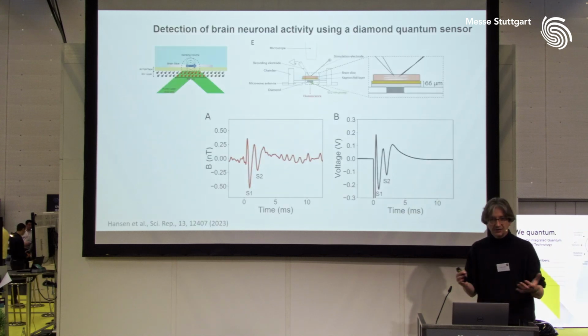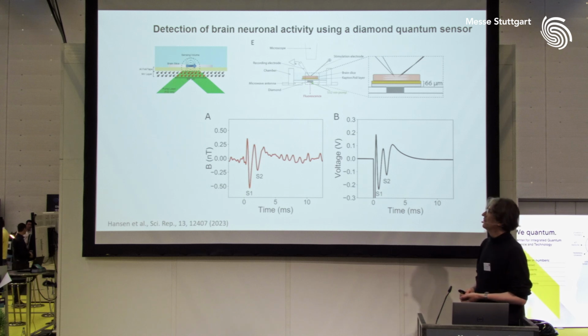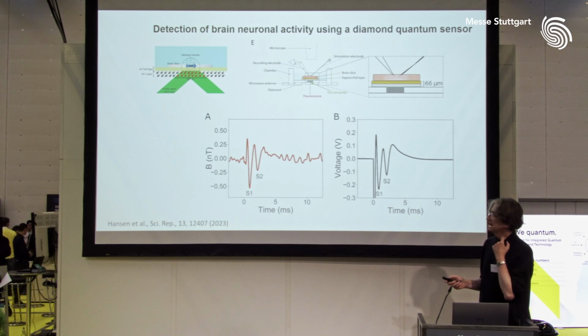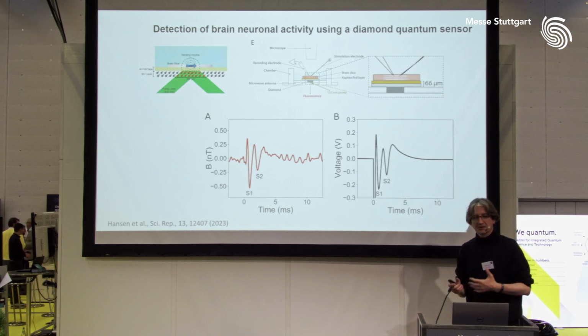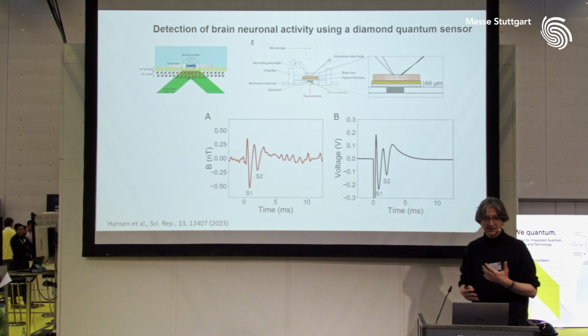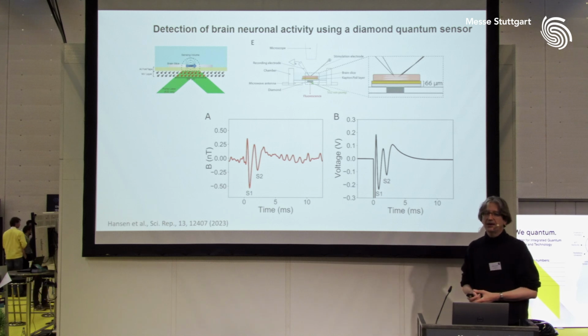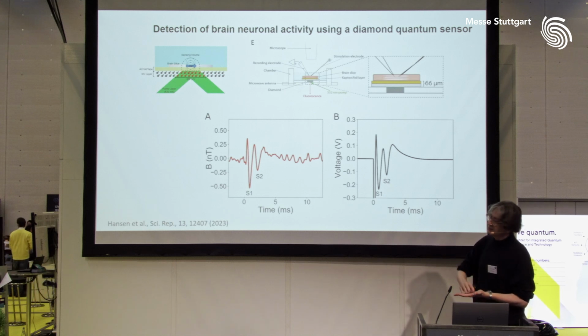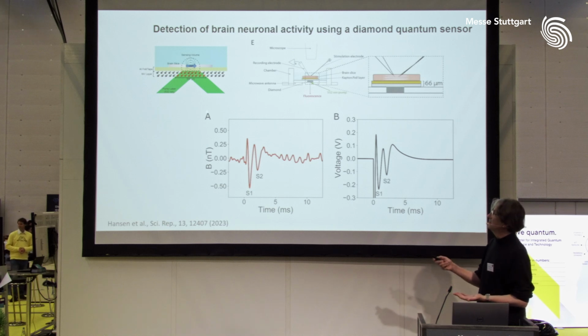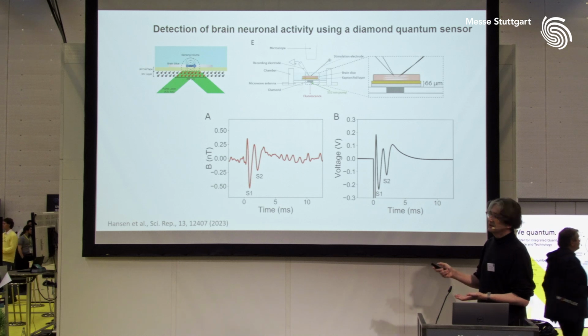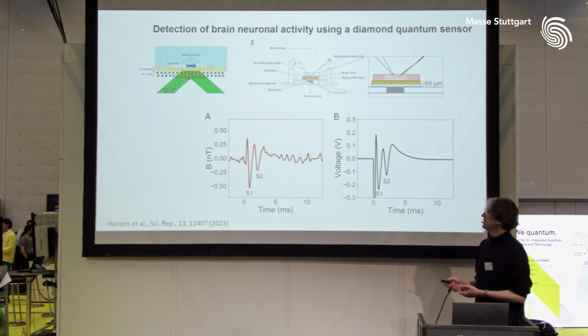And recently, actually, a first demonstration came up. I show here recent work by the group of Ulrik Andersen and Alexander Huck at the Technical University of Denmark. They took a slice of the brain, and of course these are animal experiments, more preclinical studies. The slice of the brain, still alive, coming from a mouse, was deposited on a diamond chip, and then the magnetic field was measured upon stimulation together with the electric signals, and both